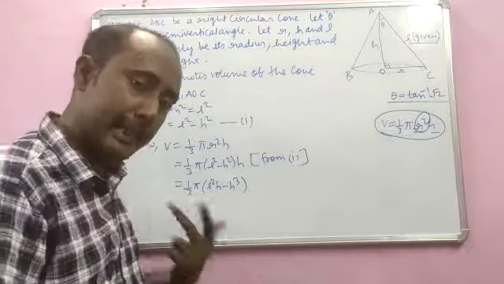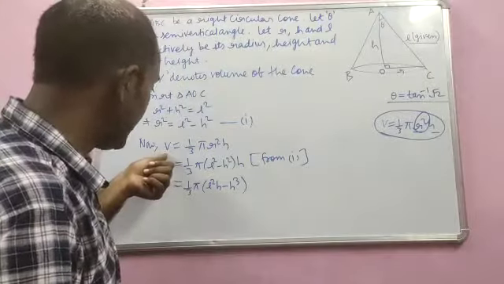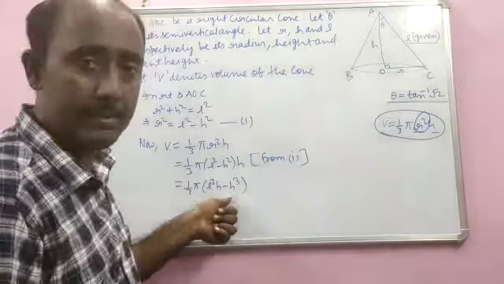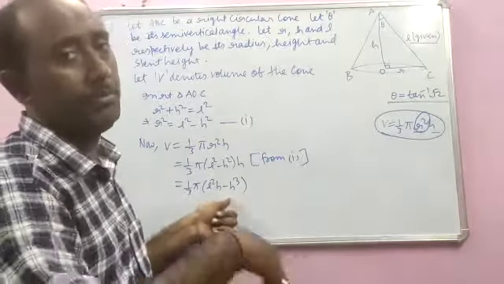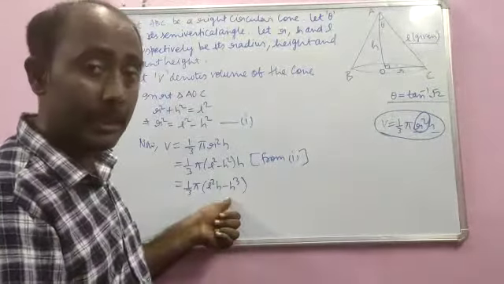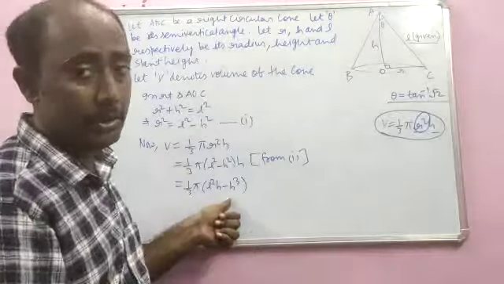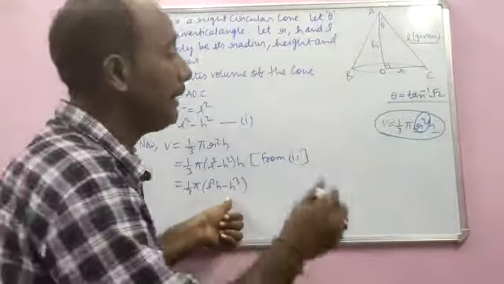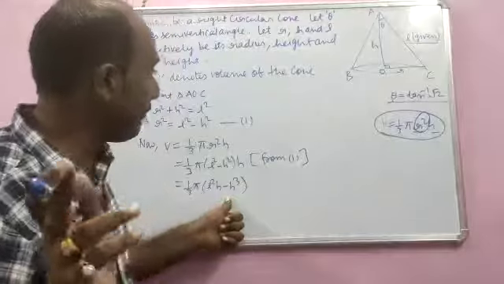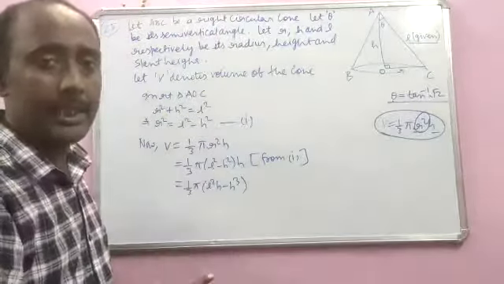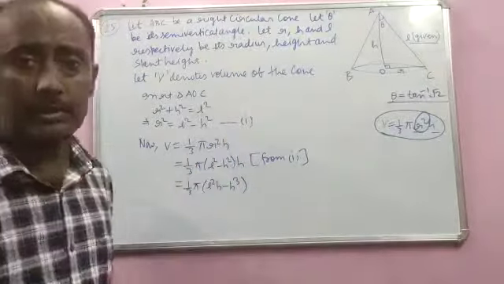Next we will repeat the same process. We will go for the derivative of this expression with respect to h because h is the variable here. Then we will equate it with 0 to get the critical points. Then we will go for the second order derivative, and finally we will come to this result. So I will take a pause now to rub these all things, and we will move for further calculations.